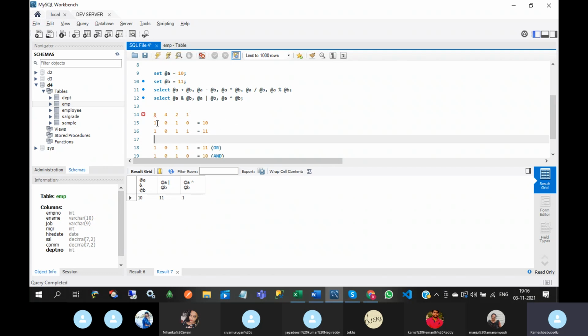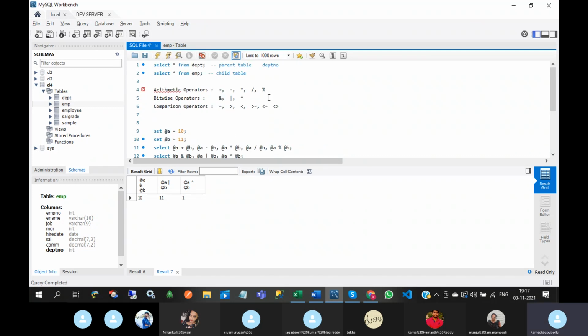XOR means if even number of ones are there, then output is 0. Here output is 0, 0, 0. Here odd number of ones. So 1 equal to 1. This is XOR. This is about bitwise operator.